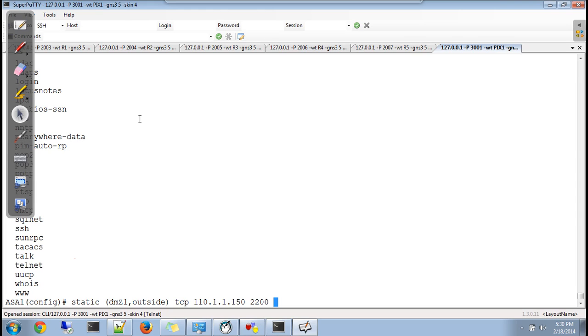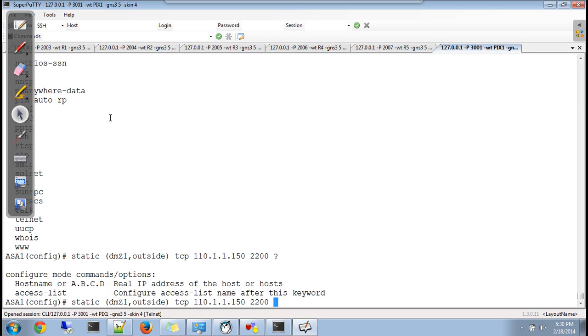So your port number plus your IP address makes a combination. Port 2200 might be running on some different IP. It's possible, but there won't be any conflict because your IP plus port number makes a combination. Because every PC has the same 0 to 65535 ports, but that port will be on a particular PC. Similarly, the same ports will be on a separate PC, so there won't be any conflict. Okay, and then you need to give your real IP, which for DMZ1 is 192.168.30.3, and the real port is 23. We'll try to telnet.